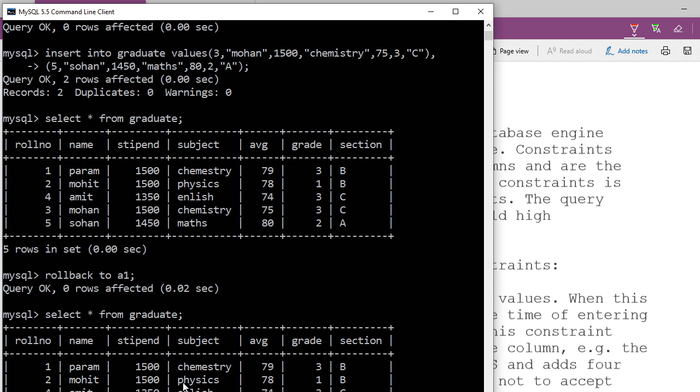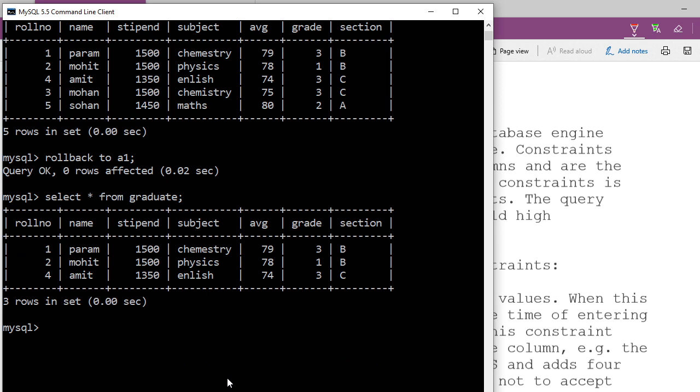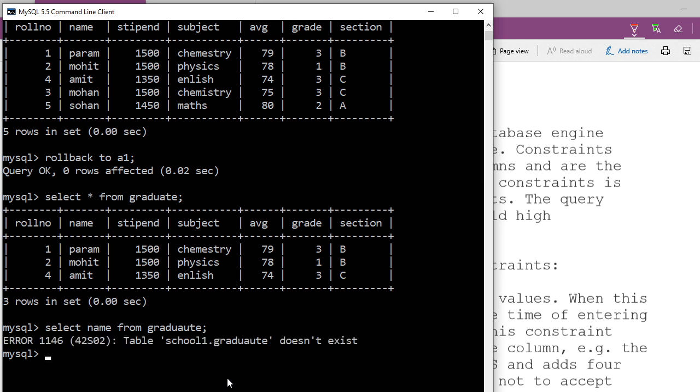So what I'm going to do, suppose I want to print a new headline with the same column. Suppose I'm going to print here, you see, I'm writing select name from graduate. Okay, what is this?